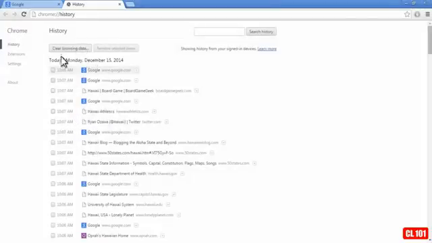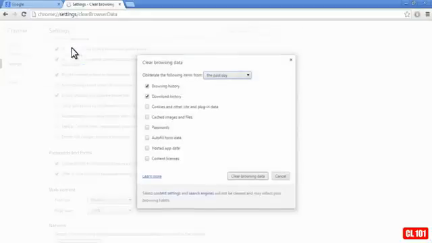Now if you wanted to go more in depth and delete basically everything, you can go here, clear browsing data, and you can do the past day, or you can do the past week, or you can do the last 4 weeks, or you can do the beginning of time. And here are your options. You basically have your browsing history and your download history. And if you wanted to go a little more in depth, you can also do the cookies and other site